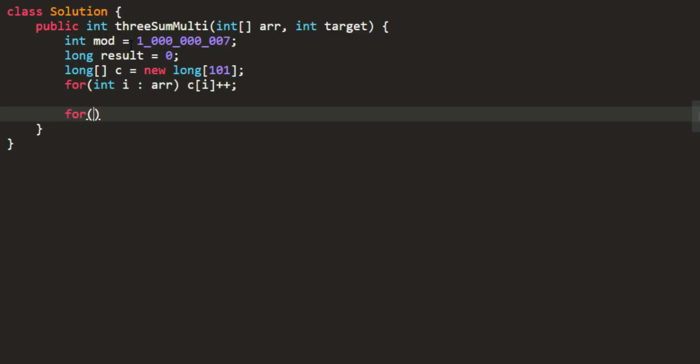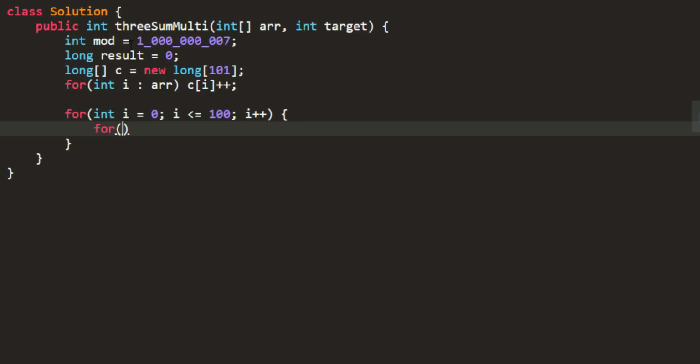After that, I need to iterate over this count array. So I'll do int i equal to 0, i less than equal to 100, i plus plus, and my j would go from j equal to i, j less than equal to 100, and j plus plus.